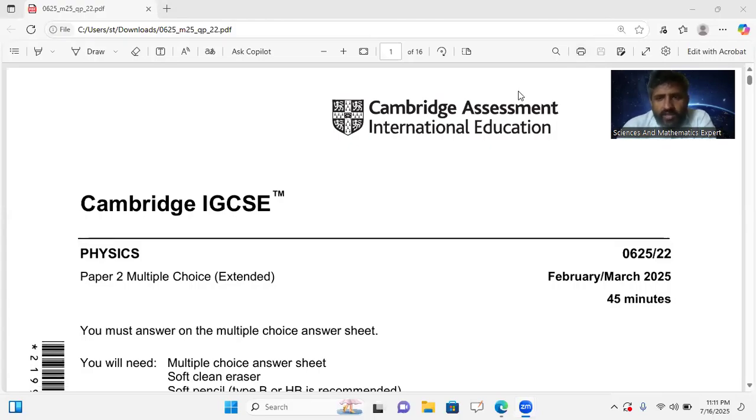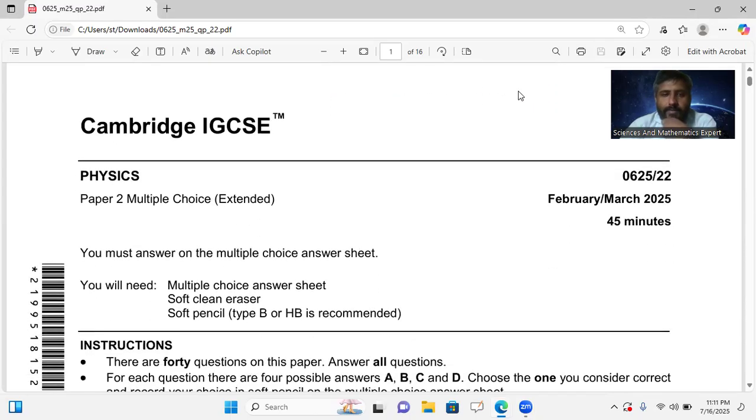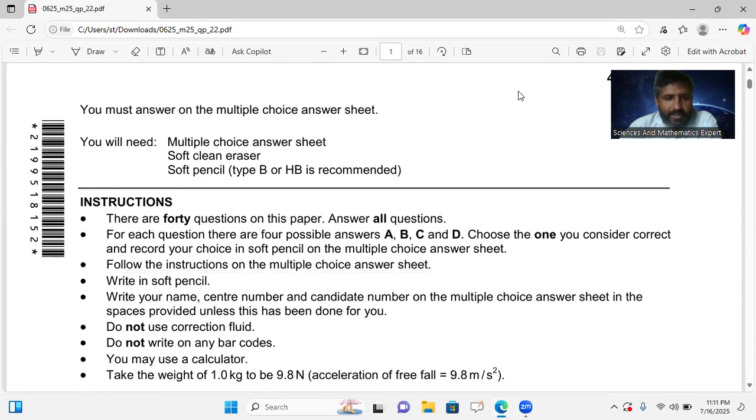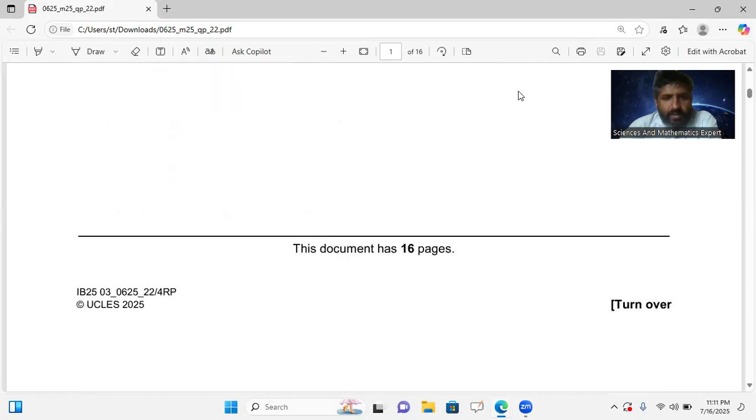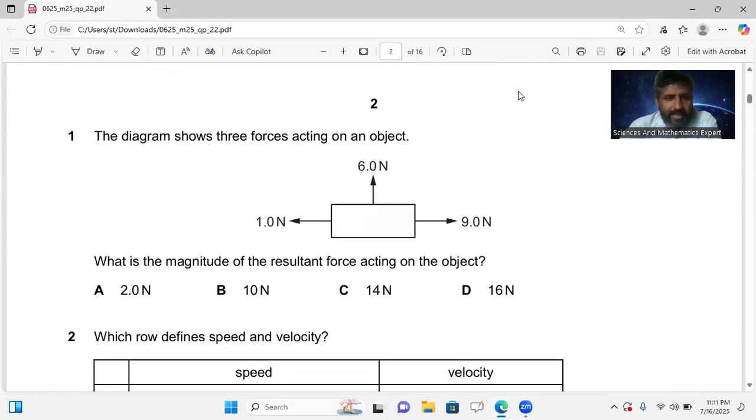Today we are going to start with IGCSE Physics, Paper 2, Variant 2, February-March 2025. This is the MCQs paper, 40 questions. For question number 1, he is saying that